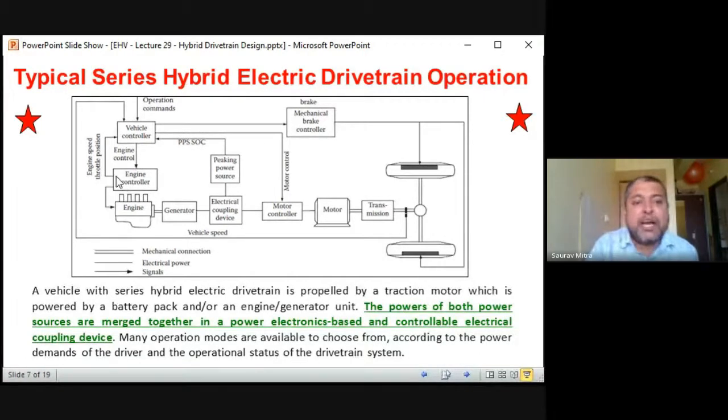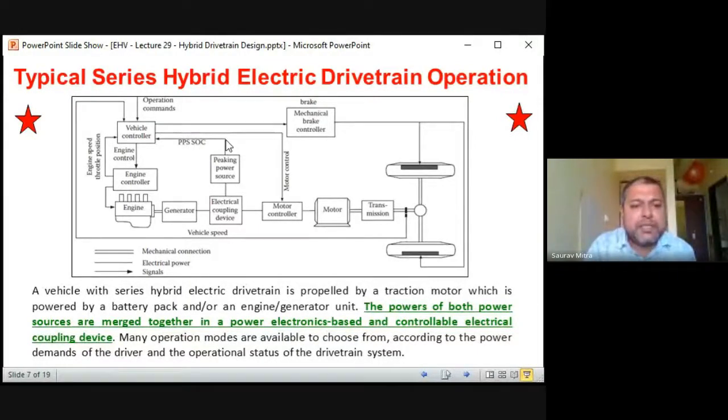Similarly, you should understand the range of the engine rotation. So 6,000, 7,000, 8,000 RPM is generally the range of engine rotation. All these control signals you have to explain. First is the vehicle speed. Second is the engine speed and throttle position. This is the operation commands. There are mainly three operations: brake, acceleration, and then the direction.